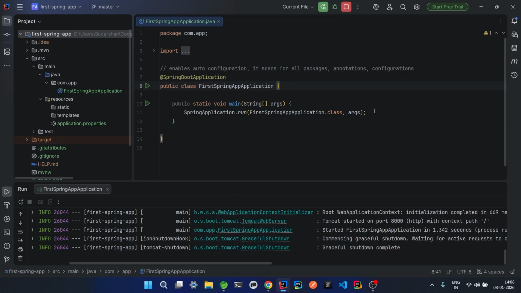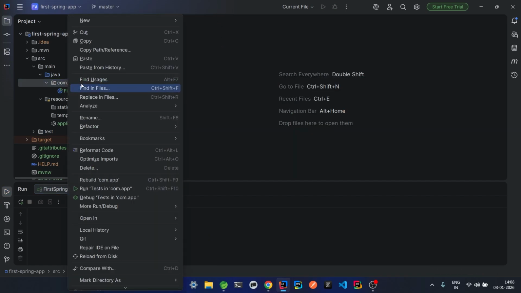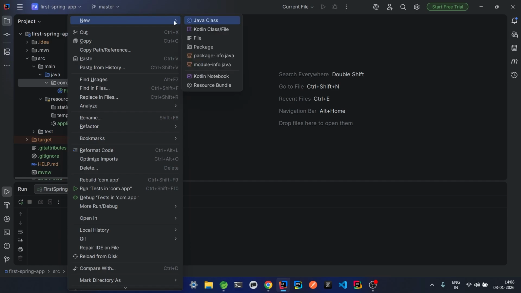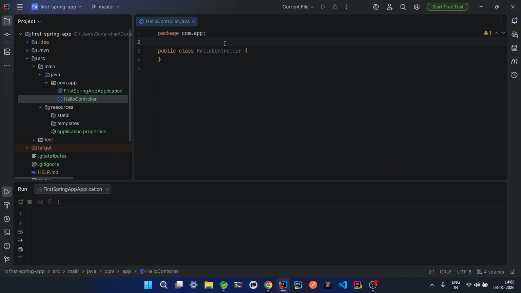So right now we'll stop this application, and we need to create our first controller. So how do we do that? We come here, we create a new class. So let's create a new Java class and we'll name it HelloController. Okay. So now this HelloController, how does Spring know that this is a